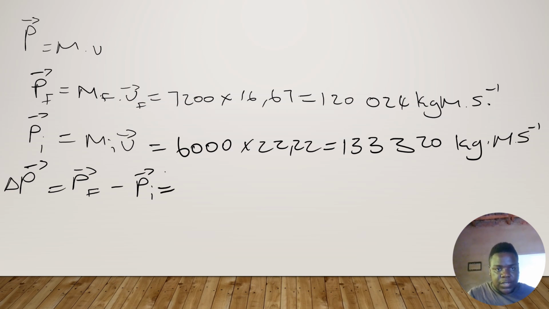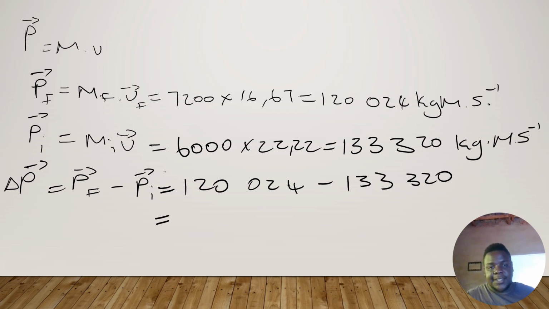Meaning it's going to be 120,024 minus 133,320, which is going to give you a negative answer, but don't write the negative. The negative represents direction, and here we were not given directions, which means you just don't have to write the negative. 13,296 kg